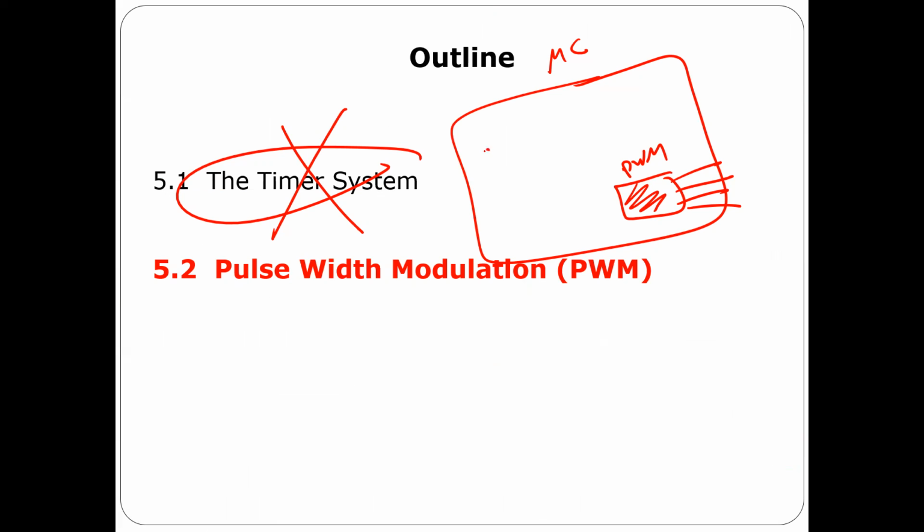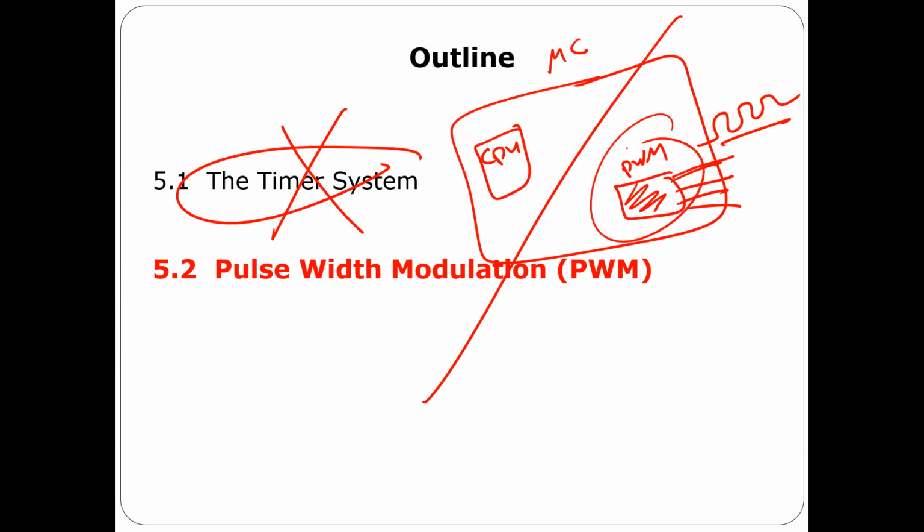So this is the CPU. The CPU is going to do configuration here. It's going to configure some registers, write some values to registers. Once you do the configuration, I don't need the CPU anymore. Here you can generate a square wave, and the circuit by itself can generate a square wave without involving the CPU at all,